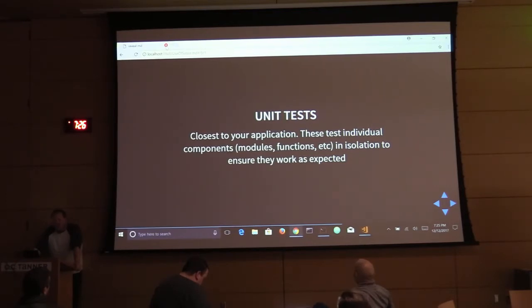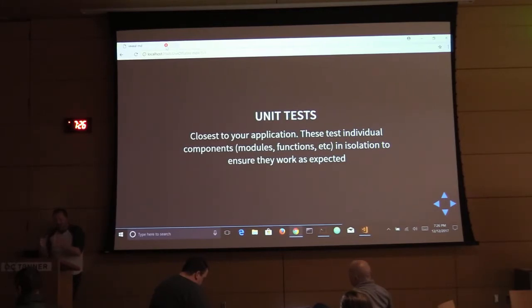I'm giving away the answer to this question, but what are unit tests? Edmundo, go ahead. I might be wrong, but the way that I learned it is you are just using one specific component, not the whole application, but just a specific part or a specific unit of the whole application. Right. I pluck a piece, as I put here, a module, a function, a piece of my code out, and